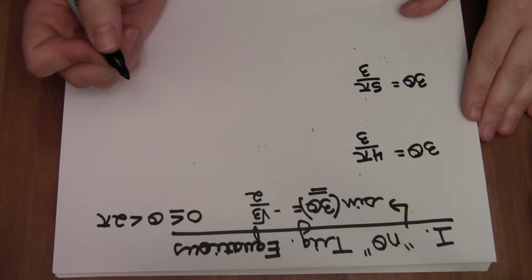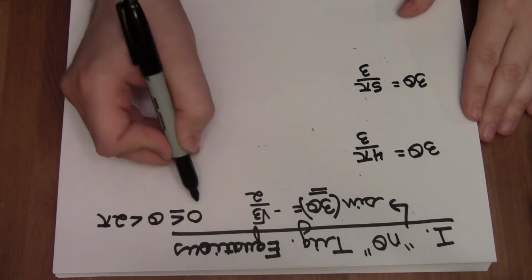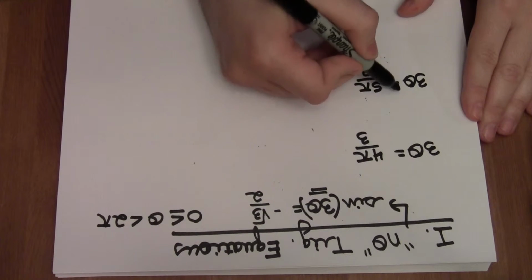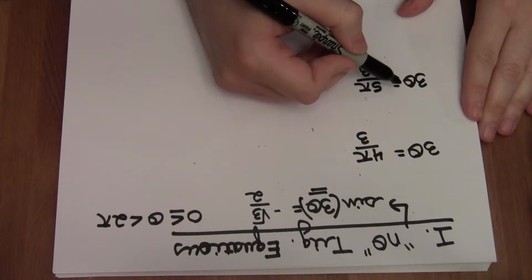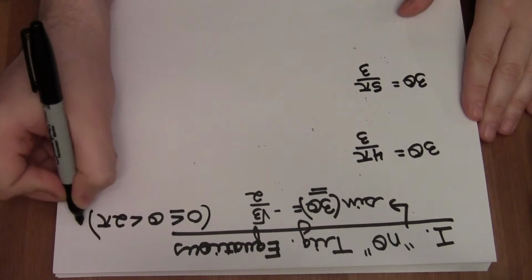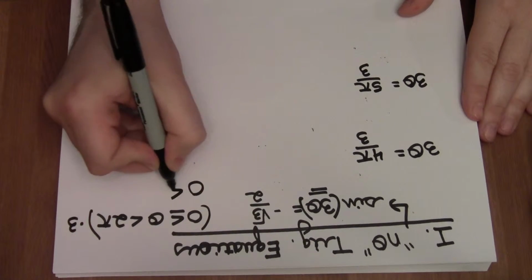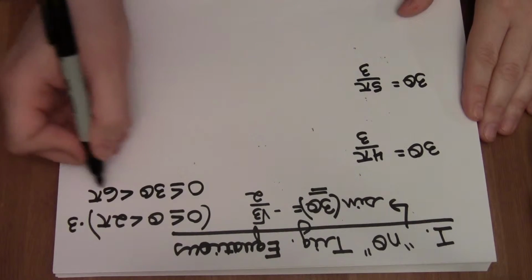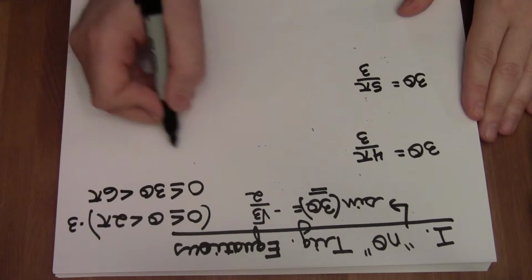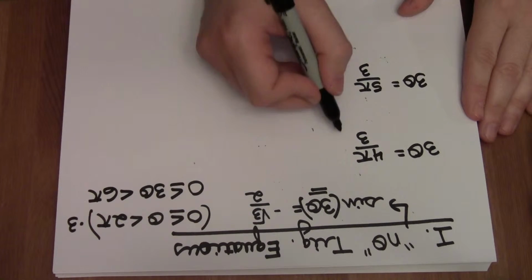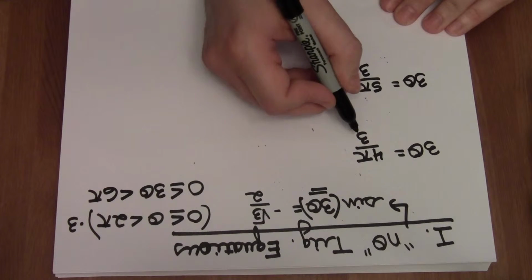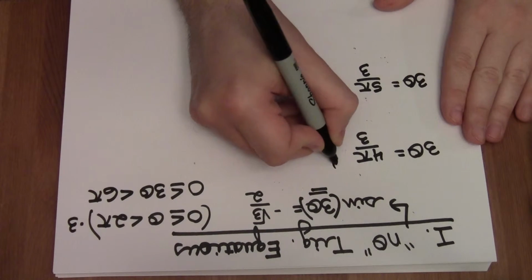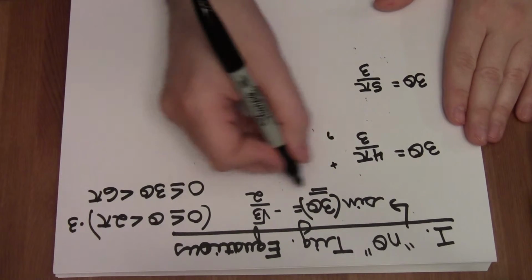However, there are some additional angles I need to consider. Initially, we were dealing with this for all angles between 0 and 2 pi. But my equations over here don't involve theta, they involve 3 theta. That means if I take my inequality and multiply by 3, I get 3 theta values that have to be between 0 and 6 pi, which means up to 3 times around the unit circle. I need to find additional angles coterminal to these two, up to 3 total spins around the unit circle. Well, to find the next one, I need to add 1 complete spin around the unit circle,